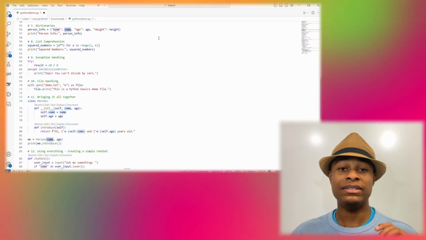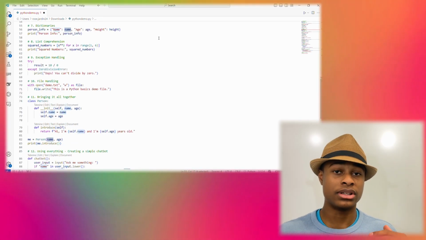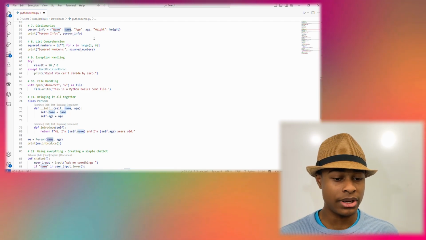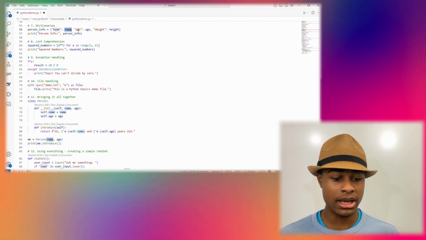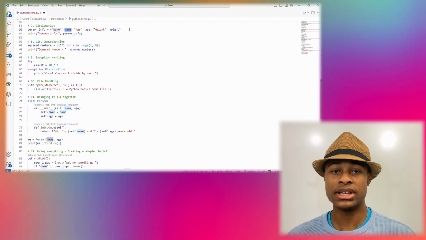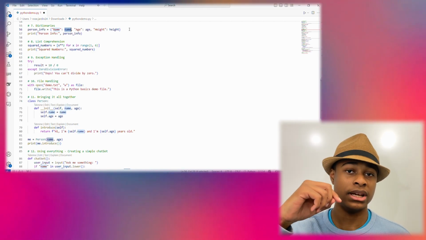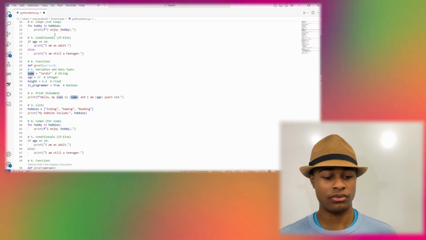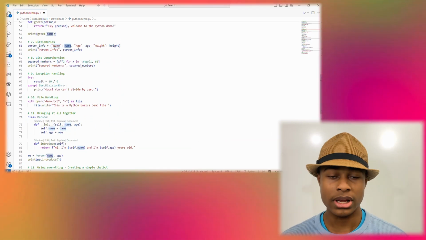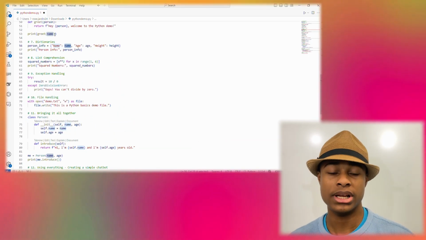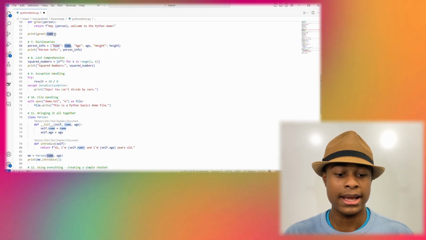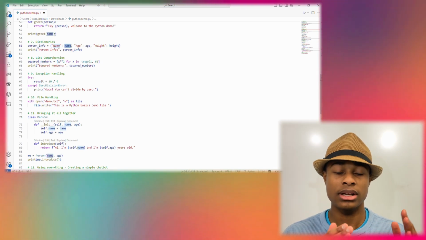Number 7, we have dictionaries. Dictionaries is another type of sort of like list thing. I talked about these a little bit earlier, right? So here we have name, age, and height. This is actually just pulling the same data from the beginning of the script. Again, if I go all the way up, we have Jordan, 17 and 6.4 for my height, right? Print person info, that's going to print exactly what's in the thing. So it's going to say Jordan, name, Jordan, age, 17, then height,